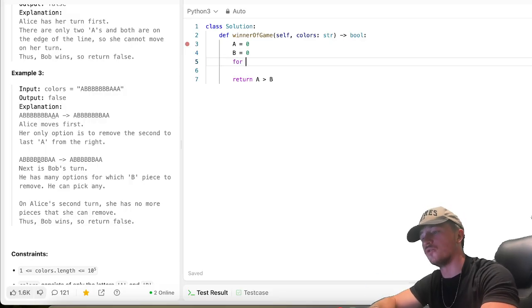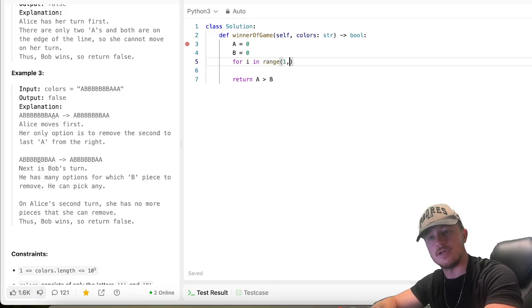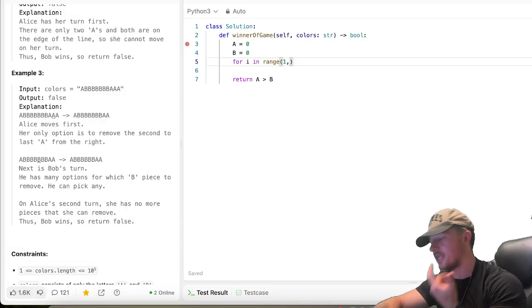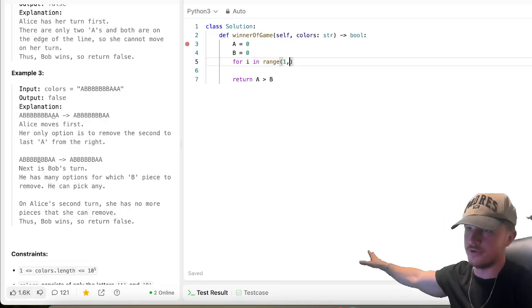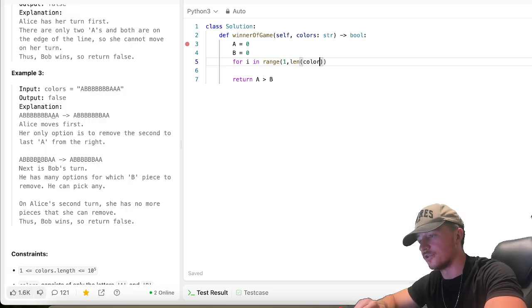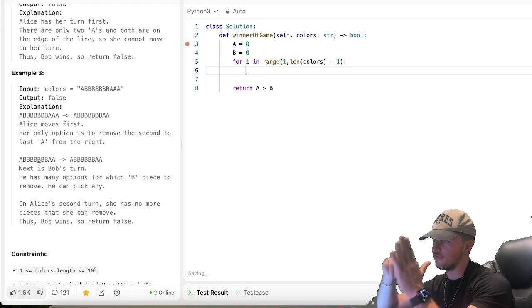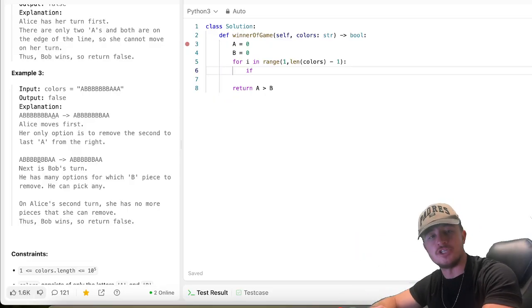All right, and then what we'll do is go through all the colors. Now, we don't have to consider the edges, because there's nothing to the left of 0, the first element. Nobody can remove the first and last element, regardless of whether it's A or B, because there's no neighbor to the left of 0, and no neighbor to the right of the final element. So we'll go to length of colors minus 1. That way we're looking at all the elements from 1 to the end, but not the first element or the last element. And then we'll do a check and say, well, if